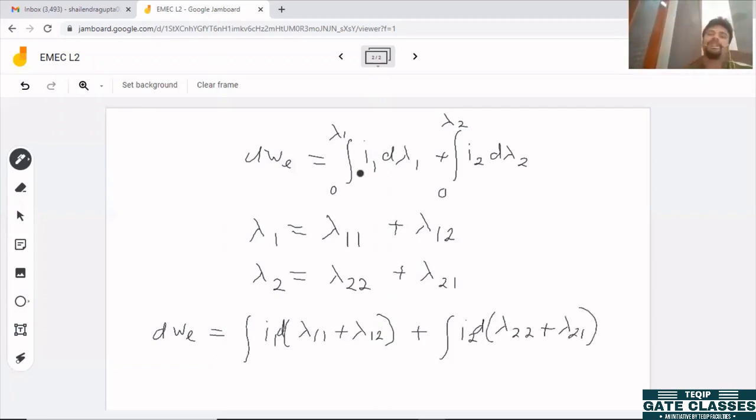We have not done anything. We have just put the flux linkage of each coil in terms of its own flux and the flux generated by the other coil. Not done much. So here we can now